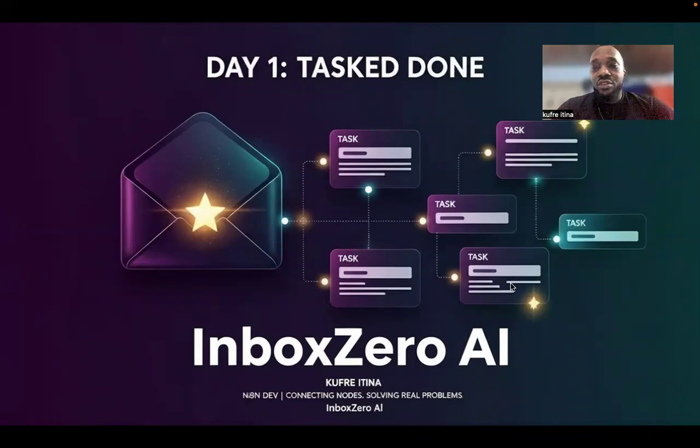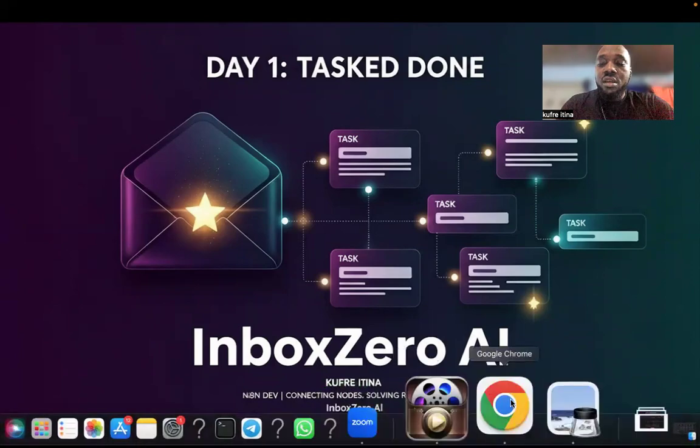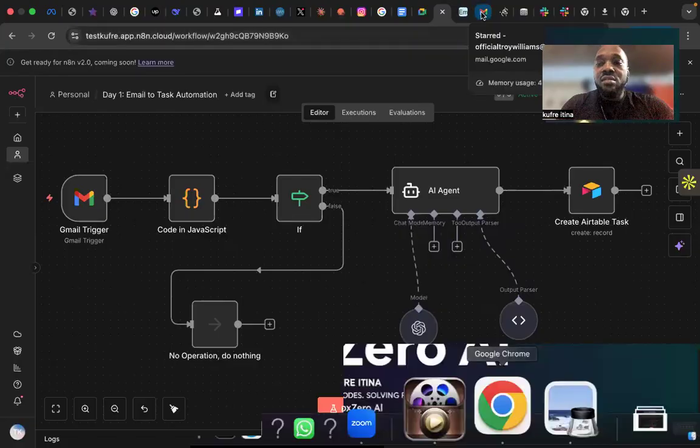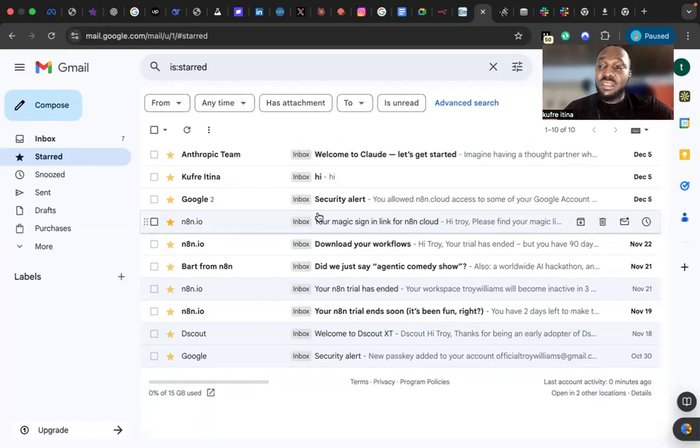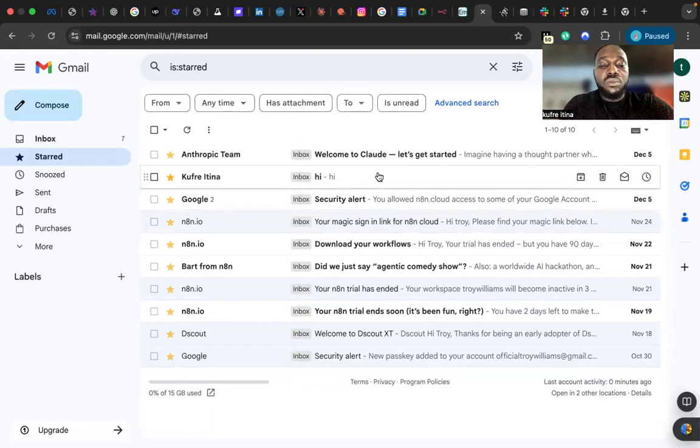So today's task is already done, so I'm going to walk you through our InboxZero AI, what exactly it does. So let's go straight ahead. If you take a good look at my inbox right away, you can see my starred messages. According to Gmail, your starred message is supposed to be important because we star them for reminder sake, so that you can always follow up on them. So today we are going to be fixing this problem with automation, because I can't trust myself to remember everything, but I believe I can trust an AI. So let's dive deep into the problem and see what it does.